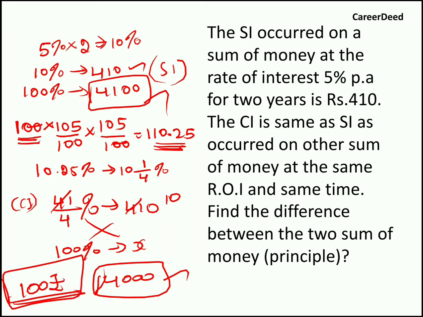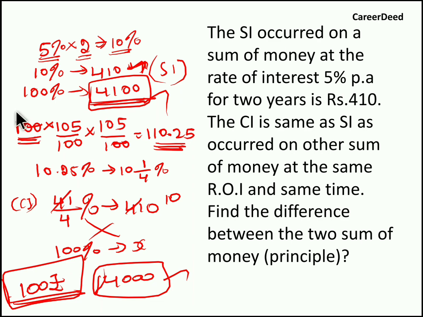Hope you understood the concept, right? For your understanding, let me repeat the same question one more time. In the question, it is given, in simple interest, the rate of interest is 5% for 2 years, which is 410 rupees. If for 1 year 5% is the rate of interest, for 2 years the total interest will be 10%. So this 10% is nothing but 410. So if 10% is 410, 100% will be 4,100. So the principal amount in simple interest is 4,100. So in the question it is clearly given, this 410 rupees is the same for simple and compound interest, for the same rate of interest and for the same years, right?